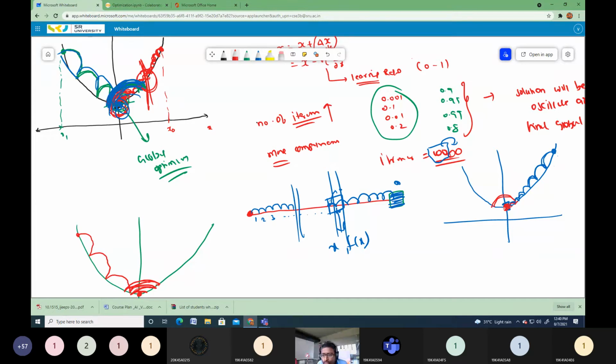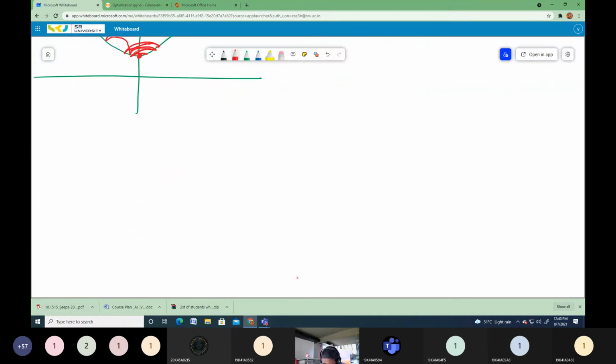That is one of the approaches, one of the solutions, one of the methodologies suggested by the researchers. You can also suggest some other methodologies like that. That's called learning rate scheduling. You can schedule the learning rate like eta scheduled equal to eta divided by the iteration number. So take the initial value of eta equal to 0.9.